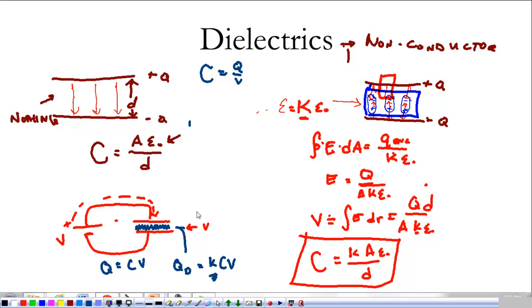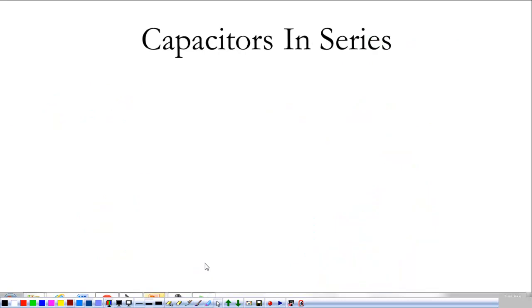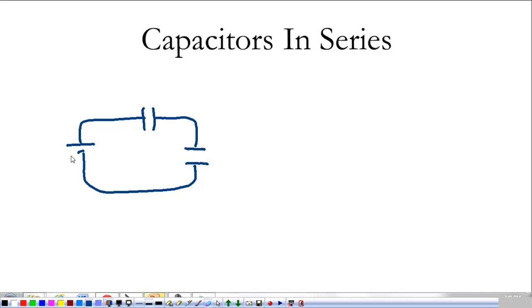So, that's the basics of how a capacitor works in a circuit. We're going to look at what happens when we connect multiple. So, let's look at capacitors in series. To start with, we're going to have a battery, and we're going to connect one capacitor here, and one capacitor here. We're just going to do two, and they don't even have to have the same capacitance. So we have the battery with a voltage of V, capacitor 1 with its capacitance, C1, capacitor 2, its capacitance,